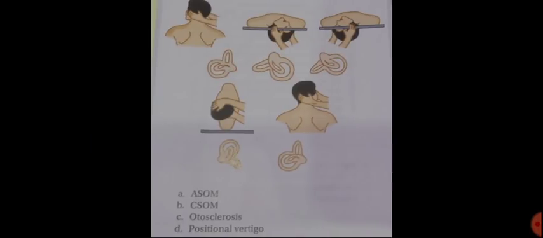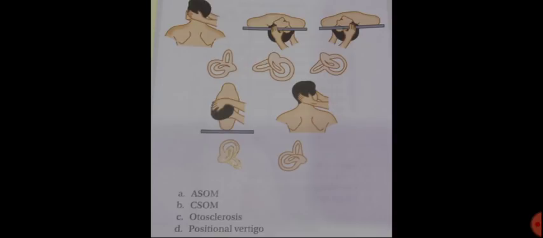Now what is this test and for what it is being done? So very important for you, Dix-Hallpike and Epley's. So basically it is the Epley's maneuver which is being done for the positional vertigo, that is the BPPV. So this maneuver is used to treat, so it is the therapeutic maneuver, while Dix-Hallpike is a diagnostic maneuver for BPPV. So this Epley's is used to treat the benign paroxysmal positional vertigo of the posterior or the anterior canal.